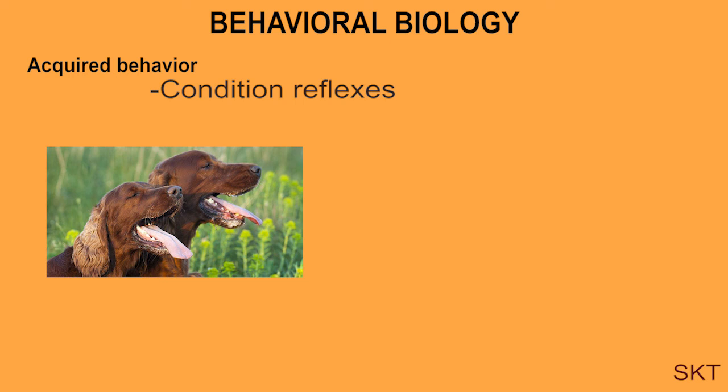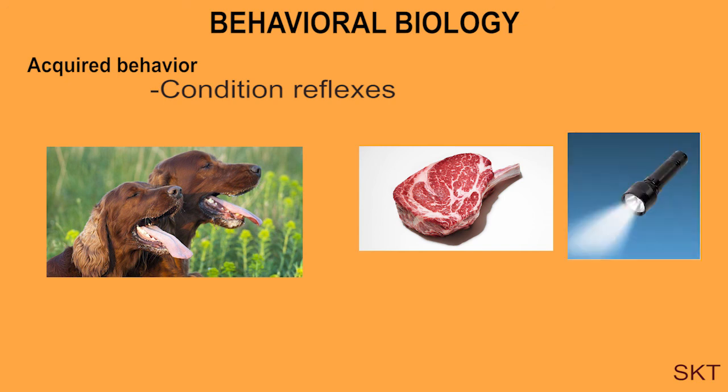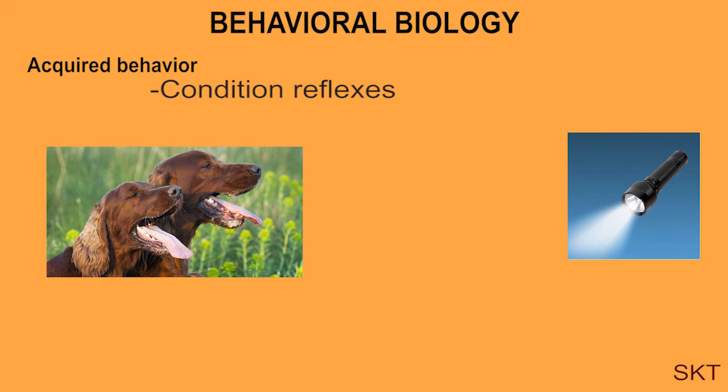Salivation by a dog, either soon after sensing the smell or being shown a piece of meat, is a reflex action. If this behavior is conditioned with a flash of light for a prolonged period shortly before offering meat or food, the dog salivates by seeing the flash of light, even in the absence of meat. So this type of reflex is called conditioned reflex.